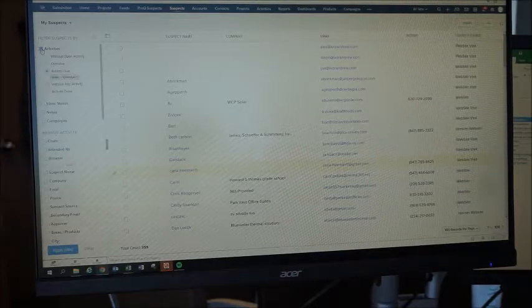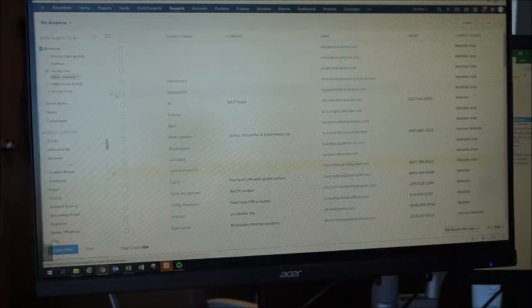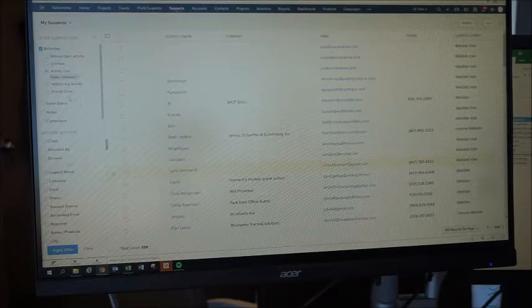So if you go to activities, I want to see all the activities, all the people that don't have any open activities. So then you know, oh, I better get a hold of them, or I better schedule an activity, or any of your activities that are overdue, any activities that are due today. So it just gives you different ways to sort, to be more organized, so you know who you haven't contacted